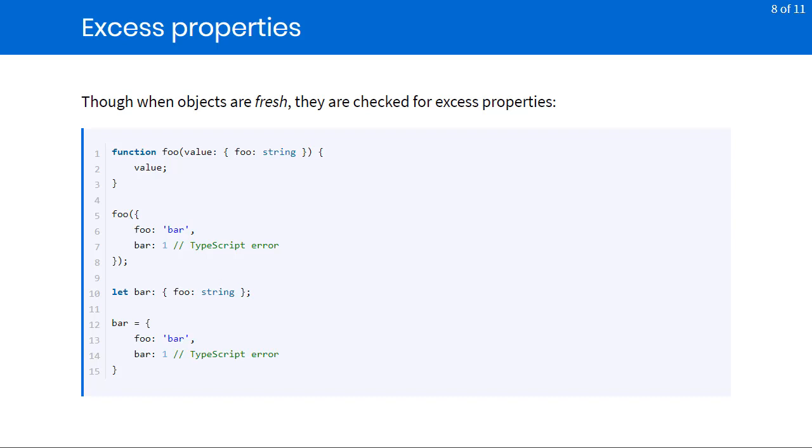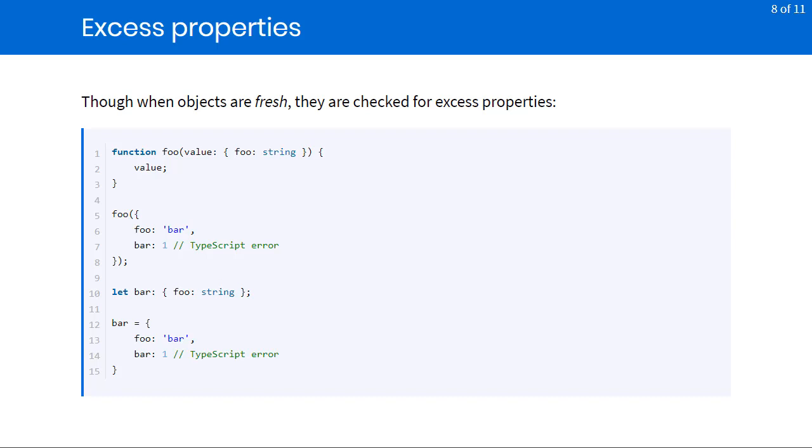So as you can see here on lines 1 through 3, we have a function foo that's going to accept an object that contains one field called foo that's of type string. And it's going to take that argument in as a local variable called value. Now, when we call the foo function on line 5, we actually pass an object in with two fields, foo and bar. And as you can see here with the comment on line 7, we're actually going to get a